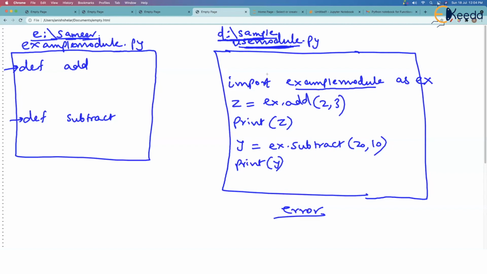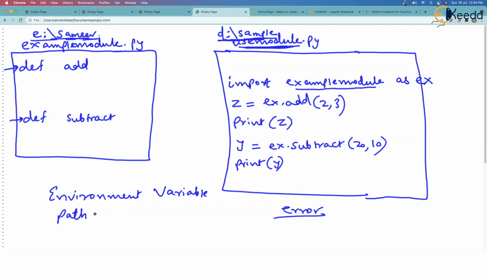So how do you go about this? See, on Windows or Mac or Linux, whatever system you are working with, there is always an environment variable called path. We often call it the system path.